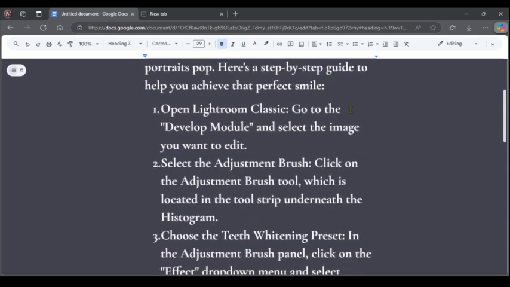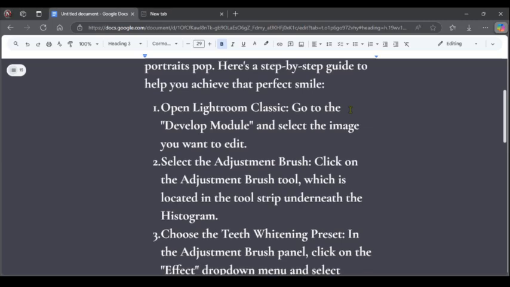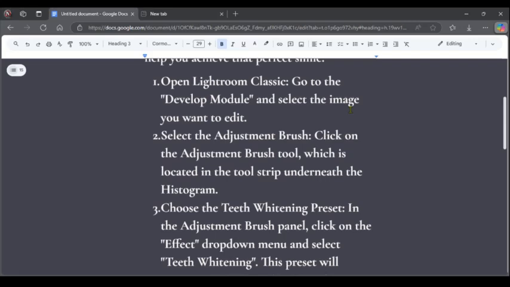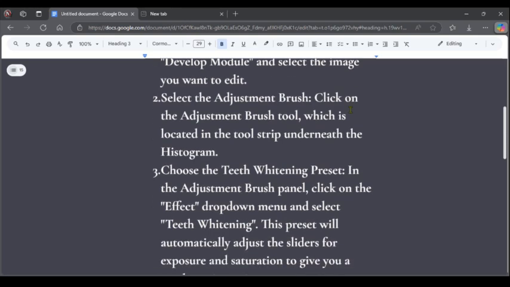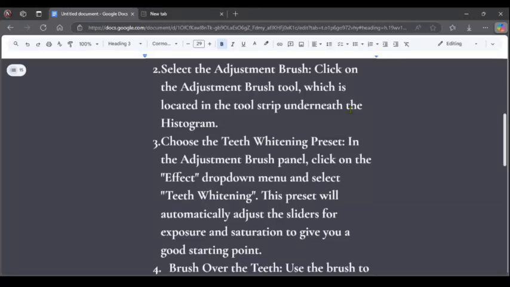So the first thing you have to do is open Lightroom Classic, then go to the Develop module, then select the image you want to edit, then click on the adjustment brush tool, which is located in the tool strip underneath the histogram. Once you do that, in the adjustment brush panel, click on the effect drop-down menu and select